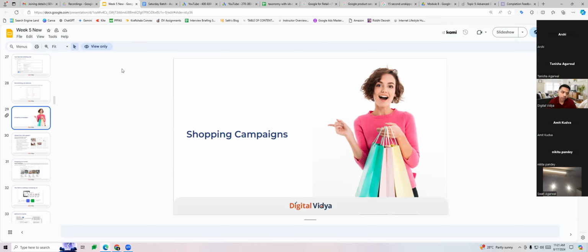Once I see some initial sales coming in, then I would experiment with other platforms, which can be shopping campaigns, which I'm just going to start now. I can run shopping campaigns through Google. I can also do meta ads for products like this. So I can have some ads running on meta as well. So those will be my second and third priority. My first priority would be running with Amazon ads itself.